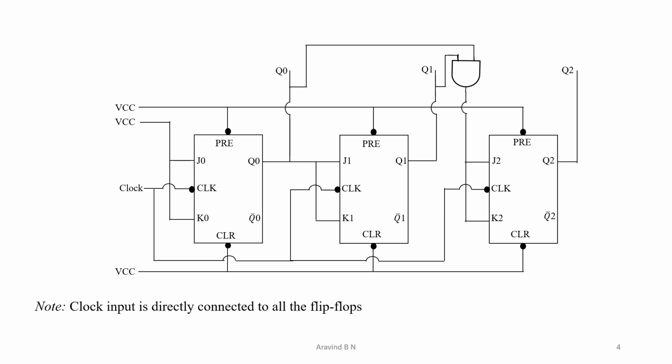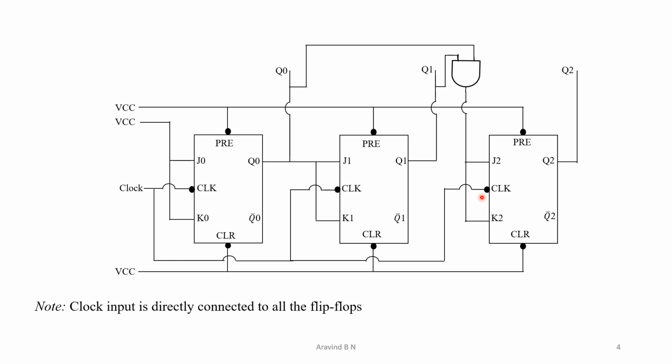Before getting into the exact table and the simplification process, this is the complete realization of the 3-bit synchronous counter. One thing we have to understand over here: it is a 3-bit synchronous counter. Synchronous in the sense that the same clock input is given to all the clock inputs of the JK flip-flops. Here you can observe this clock is given to this flip-flop, the same is shorted and given to this one, and continued, and it has been given to this JK flip-flop also. Such a realization we consider as synchronous.